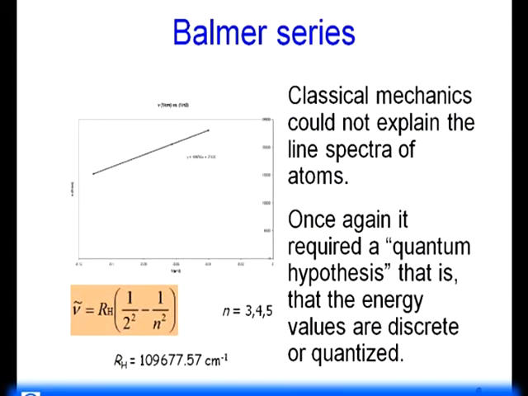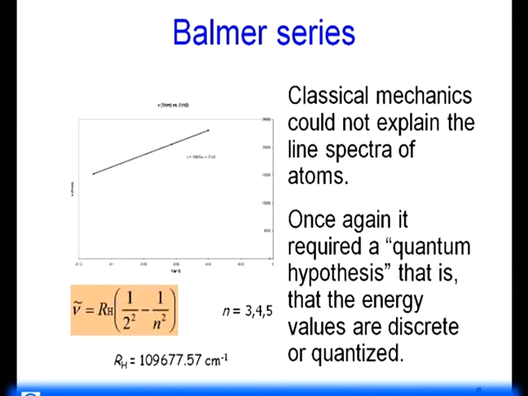we said that this is a wave number. It is generally expressed in meter inverse or centimeter inverse. Centimeter inverse is a unit that is still being used because it is convenient. RH is the Rydberg factor that Rydberg obtained, and 1 by 2 square, because we know that the Balmer series was emission from any higher level 3, 4, 5 to the second level. So the wave number could be exactly expressed in this, where RH was a universal constant, and this is called